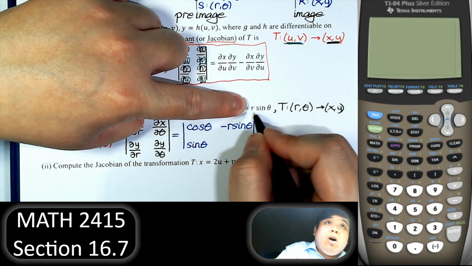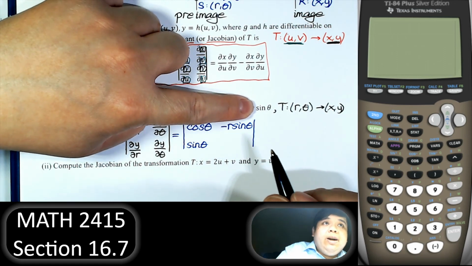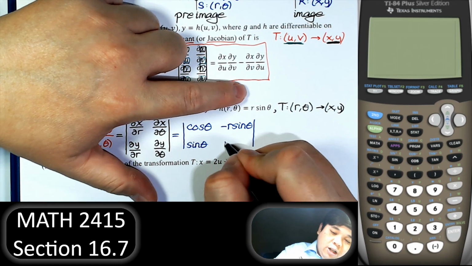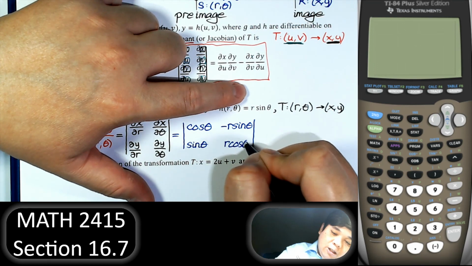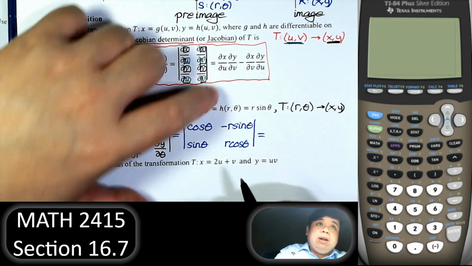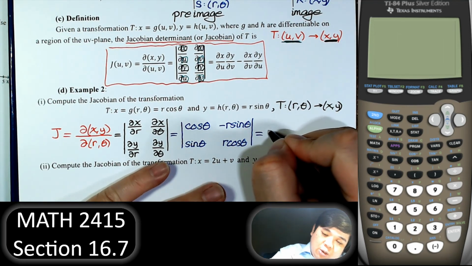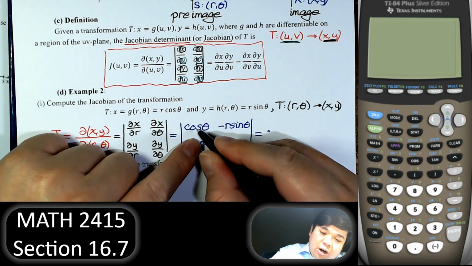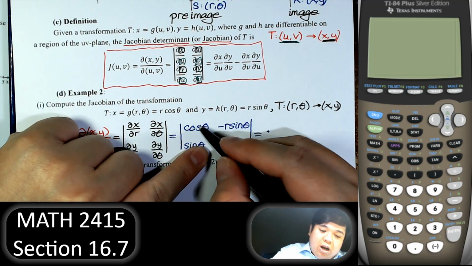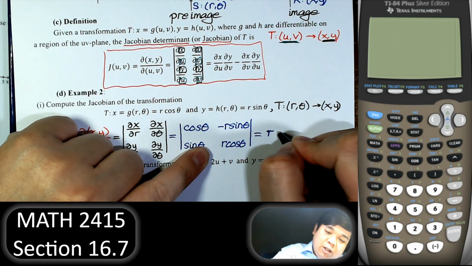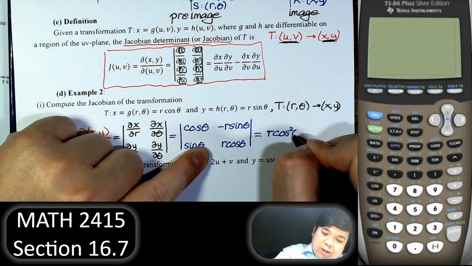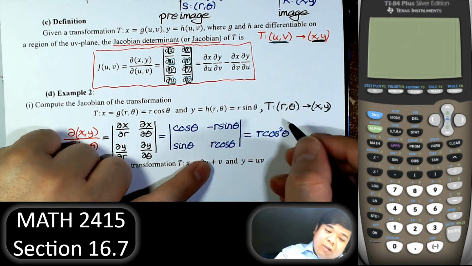And derivative of r sine theta with respect to theta is r cosine theta. Right. 2 by 2 determinant. Multiply this and subtract the other direction. So r cosine times cosine, we have r cosine square. Subtract